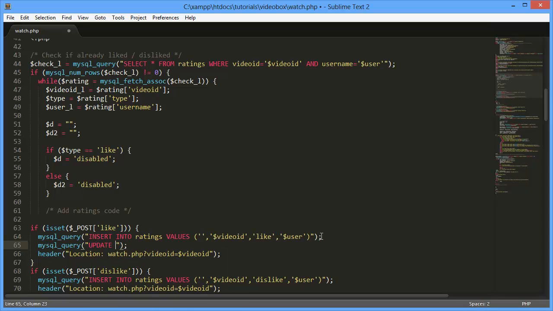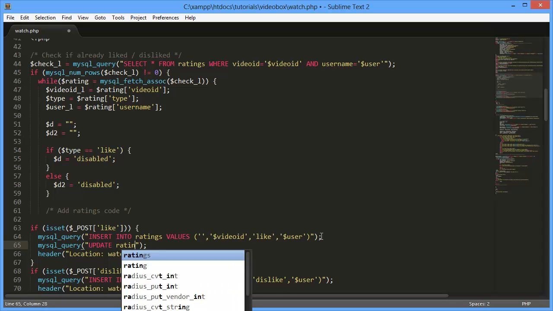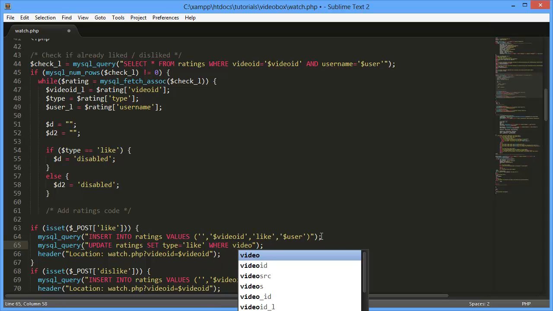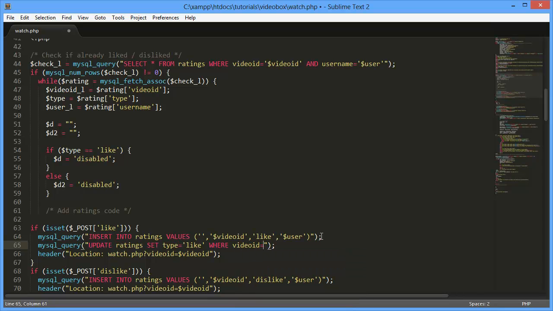So what we want to say is update ratings set type equal to like, where video ID equals video ID, and username equals,